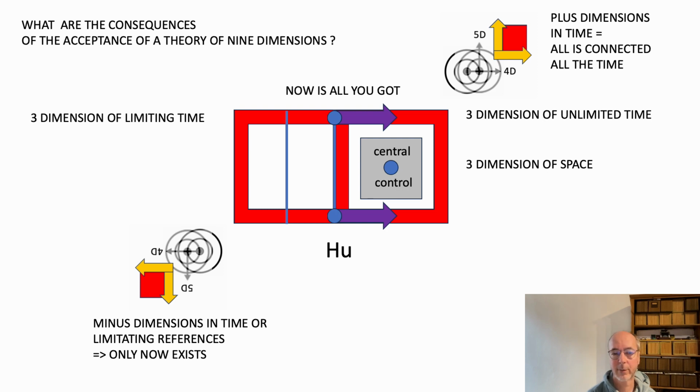So we have the 3 dimensions of space the first time. It is steered from our central control. Then we have the 3 dimensions of extra time, so we borrow extra time. And in these dimensions we will make the processes. And in fact, if we take this theory of the 3-dimensional time frame, it is as if everything is connected the whole time, and everything is possible the whole time, and everything exists the whole time.